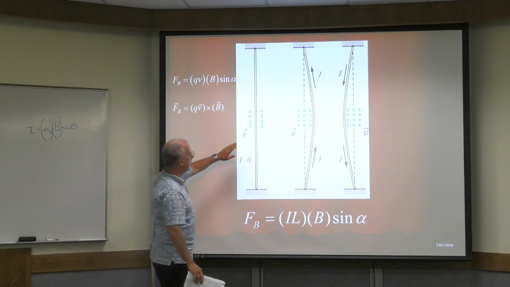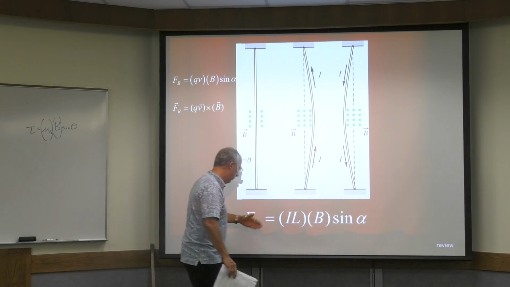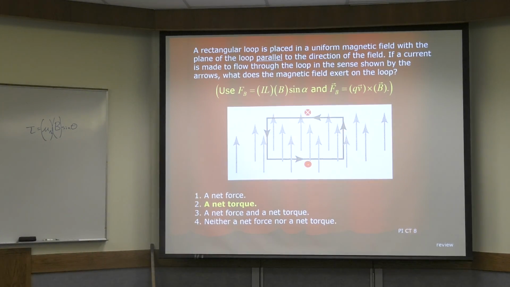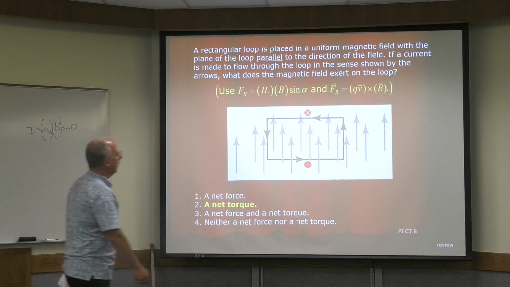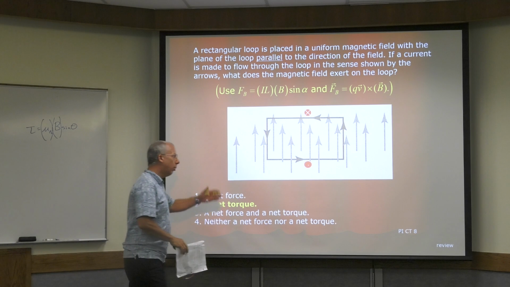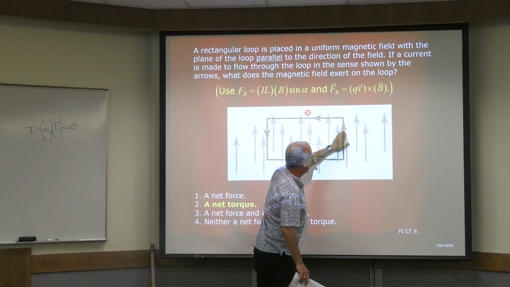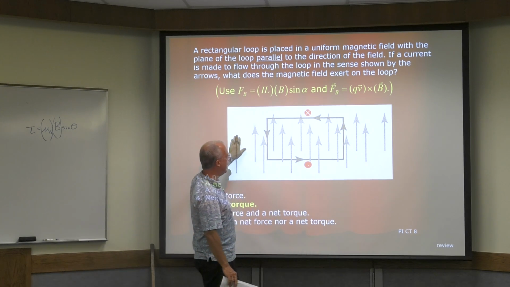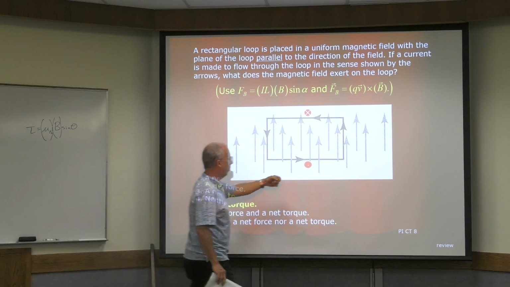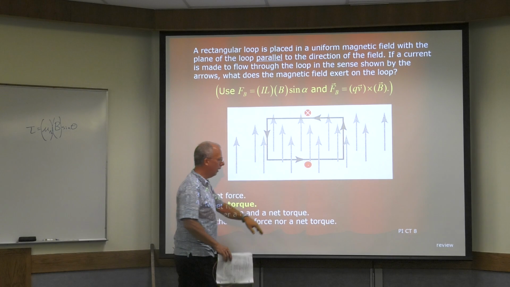So external B field, what does it do to a wire? Well, it depends on the direction of the current. We came up with this force law, so that's the magnitude, that's the direction. This is the important example, where the wire loop is in the same plane as the magnetic field. And we saw that the force here is that way, the force here is that way, no force here, no force there. So the thing